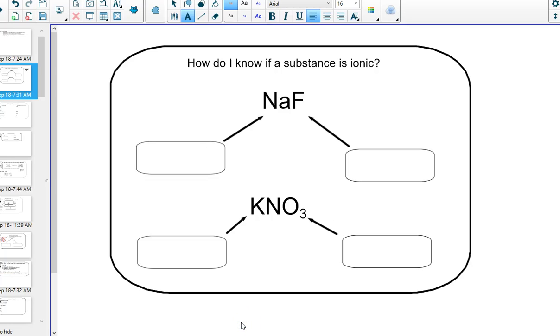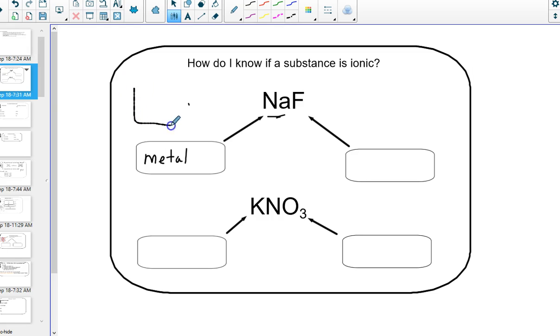We're going to run a little video here on naming ionic compounds. So how do I know if a substance is an ionic compound? First things first, you want to probably note that the first item is a metal. So it's pretty important to know where the metals are located on the periodic table. This is the divider, little stair step. These are the metals over here, and these are the non-metals over here. So a metal and a non-metal probably would be the number one way that a general chemistry student would describe